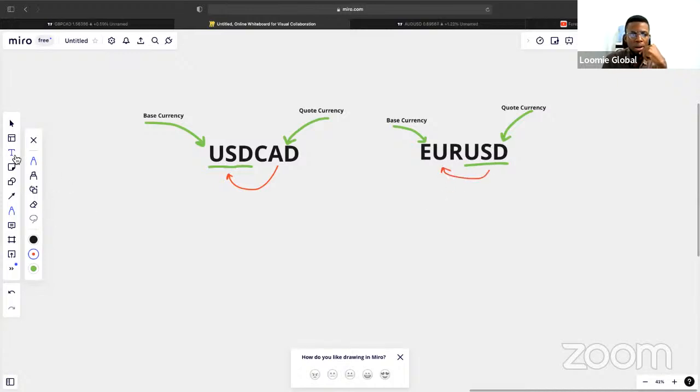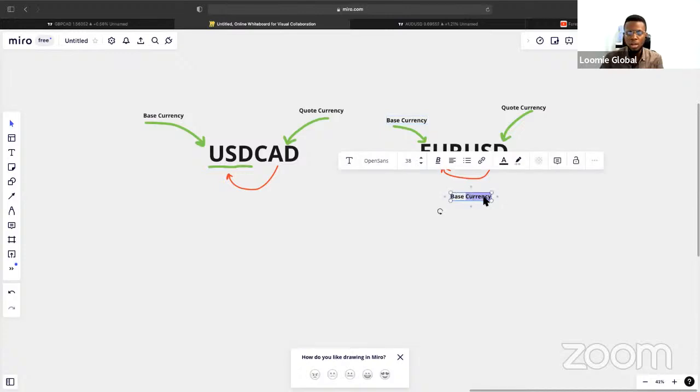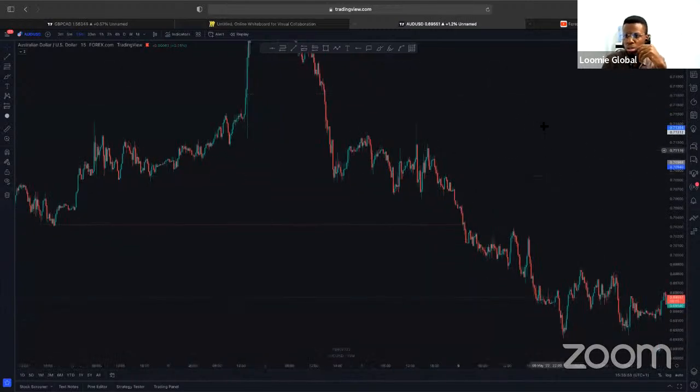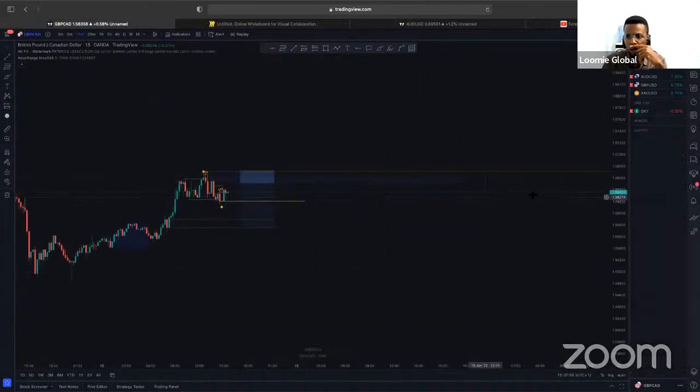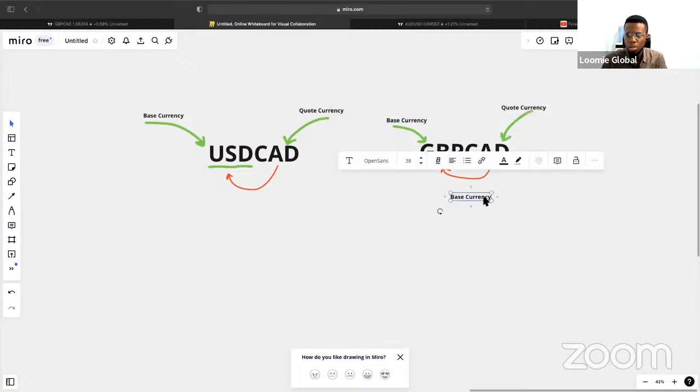And so if the price of Euro USD, for example, is, okay, let me check AUD USD. We are around 0.7 something or 0.6 something, right? Let me see on GBP CAD, for example. This is, we are around 1.56 something. So let me just change this to GBP CAD and then use that as an explanation. So we are around, again, 1.56.